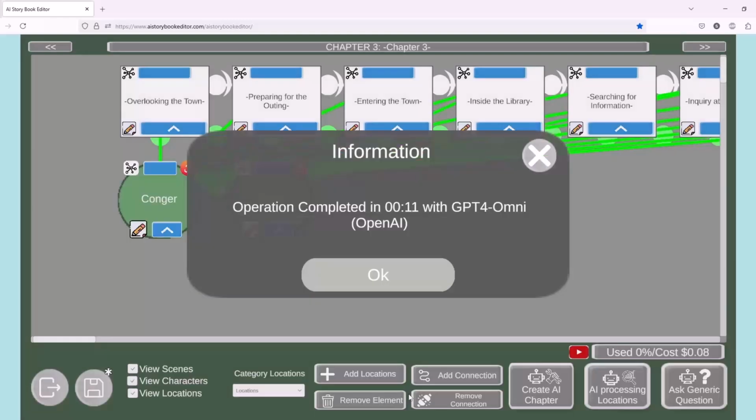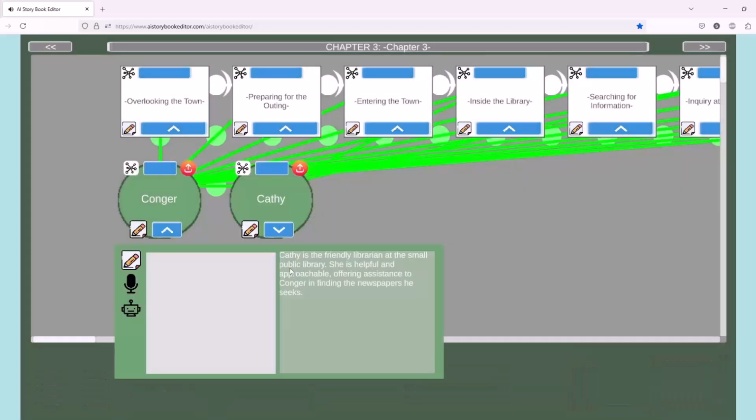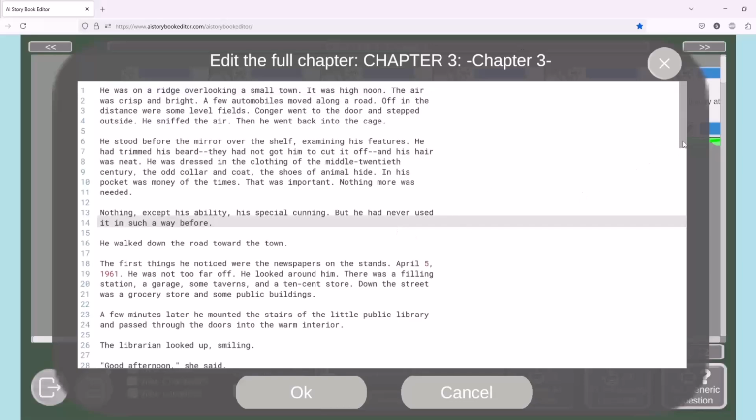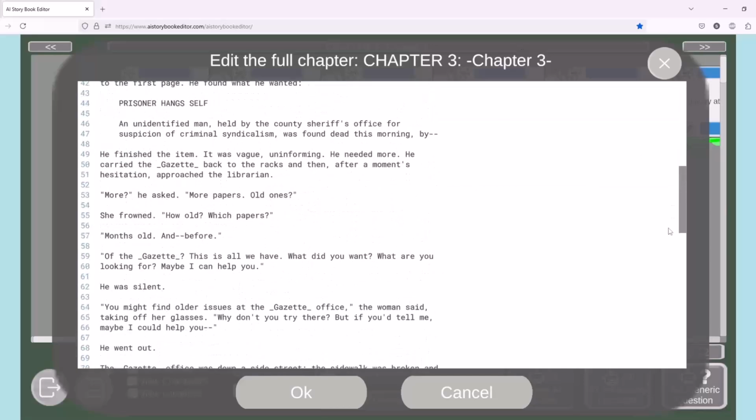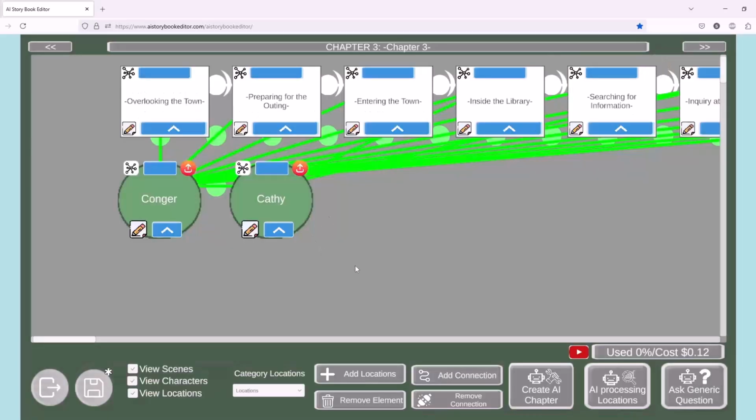Okay, librarian of a public small library. There is another character, but it's also a minor character that he is on the Gazette. Okay. So we are going to add manually the character of the Gazette,